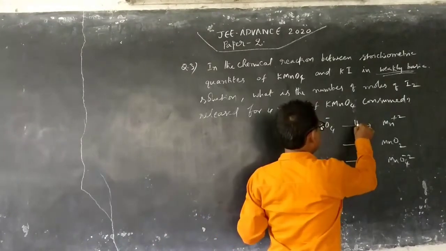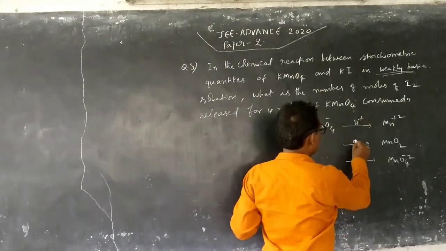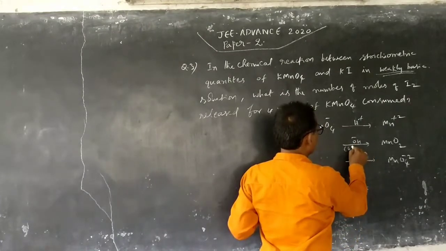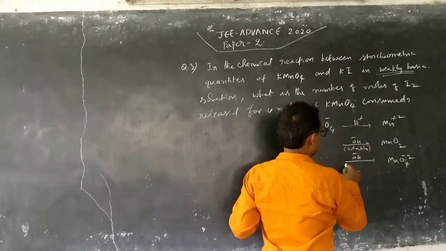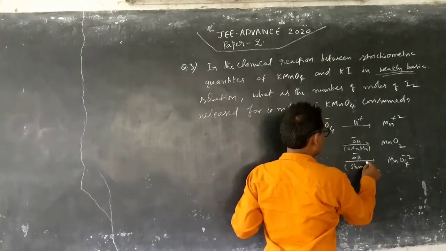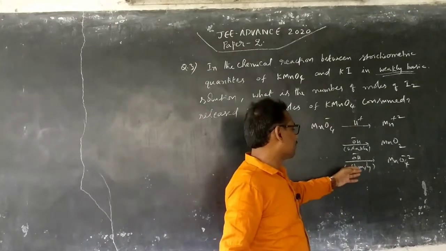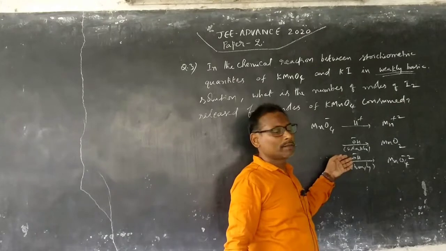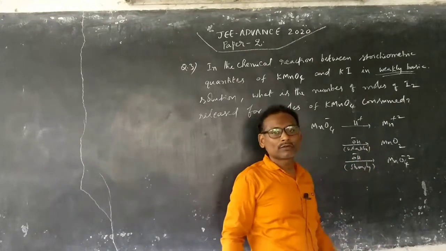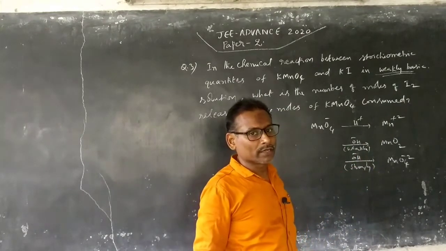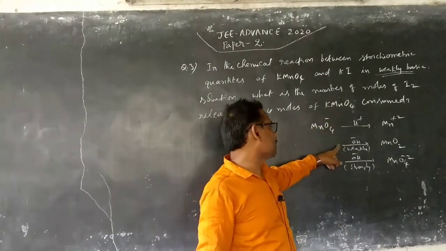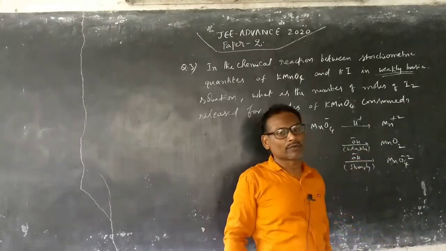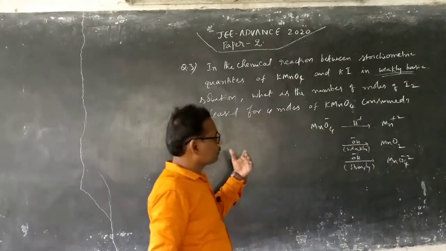The first normally happens in acidic medium, whereas this one normally happens in basic medium. Of these two reactions, the second one is weakly basic, and the last one is strongly basic. When pH is around 10, the last reaction takes place. When pH is around 8, it is weakly basic, and the second reaction takes place, where MnO2, the brown precipitate, is normally formed. As per this question, it is weakly basic, so we have to consider that permanganate is converted to MnO2.